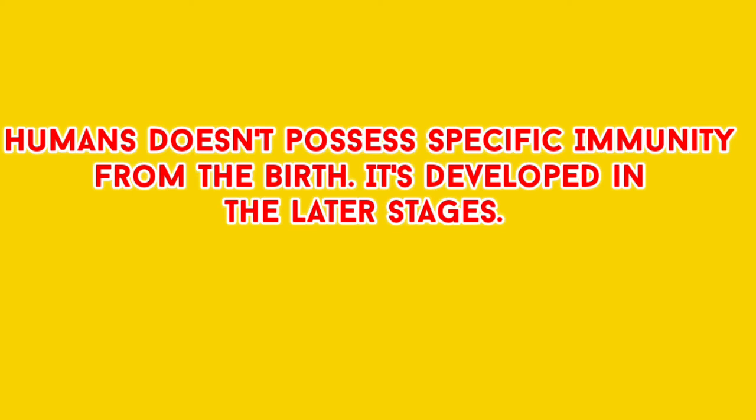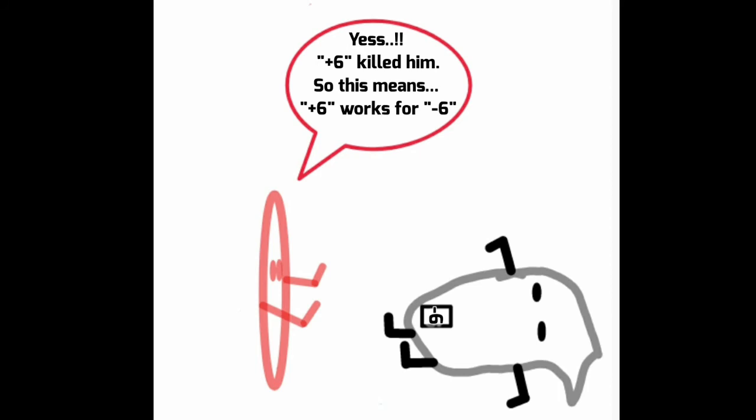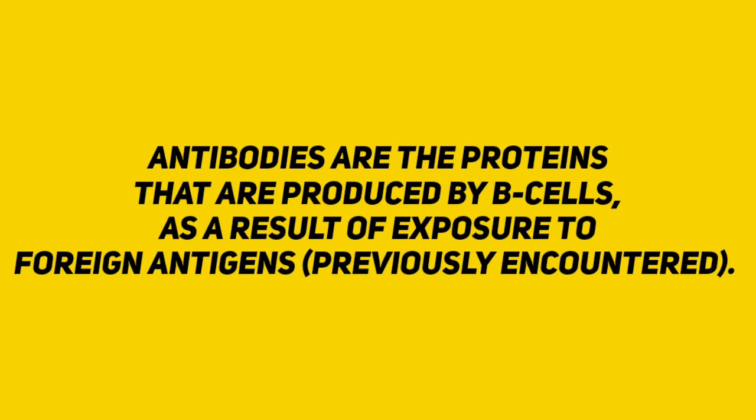The development process begins when a person's immune system encounters foreign invaders and recognizes a non-self antigen. Then the components of acquired immunity learn the best way to attack each antigen and start developing memory for that antigen. Our immune system uses this memory whenever the previously encountered pathogen enters the body. This is when the antibodies are generated. Antibodies are the proteins that are produced by B cells as a response to the exposure of the non-self antigens.